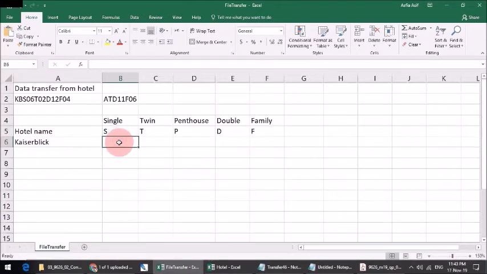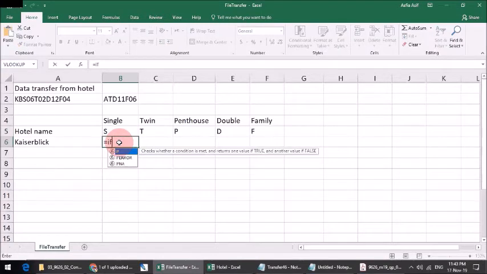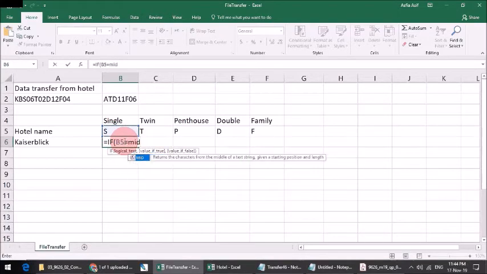Now I'm going to write the same formula here, equal to IF, logical test means SB5 equal to MID of, which returns the characters from the middle of a text string given a starting position and length. So MID text is A2, start number, where do you have to start? We need to start from 3, and number of characters, how many characters do you want? I want only one character right now. Close the bracket,